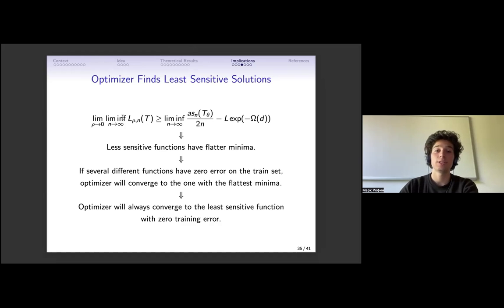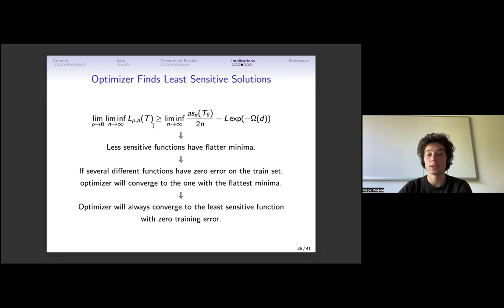Another takeaway is that the optimizer finds the least sensitive solutions, which is also an empirical observation known from before. And here's why. According to the theoretical result, the less sensitive functions have flatter minima, because the sensitivity is lower, so the average direction sharpness and the sharpness of the minima are also lower. But deep learning optimizers work in such a way that if several different functions all have the same zero error on the train set, so they all describe the train set, but they have different